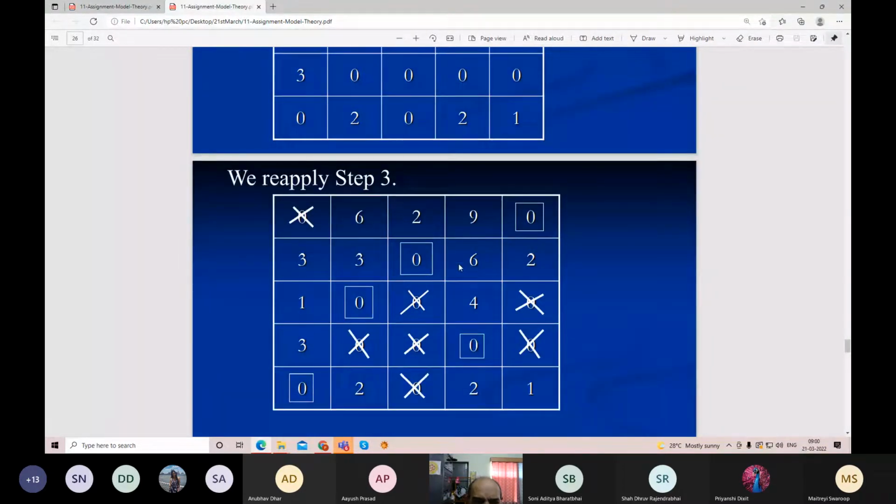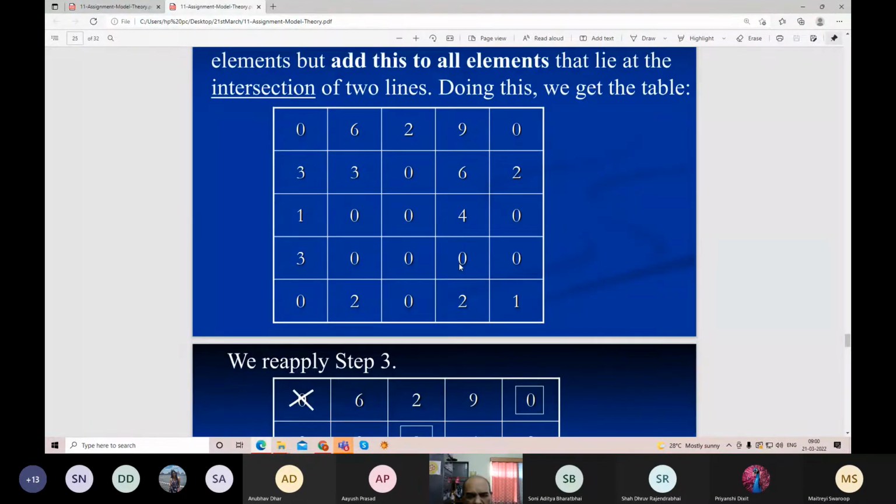Now, after achieving this, second row, we have 3, 0, already 1 has gone, then another 2, so it's not possible. So then the third row is also not possible. So actually it is possible for the